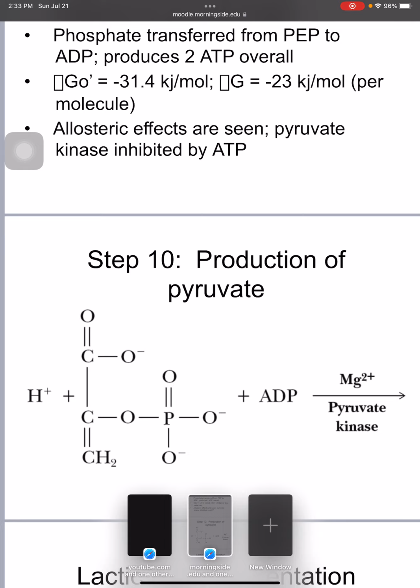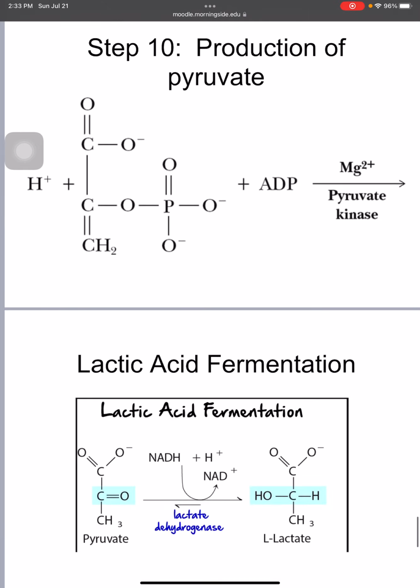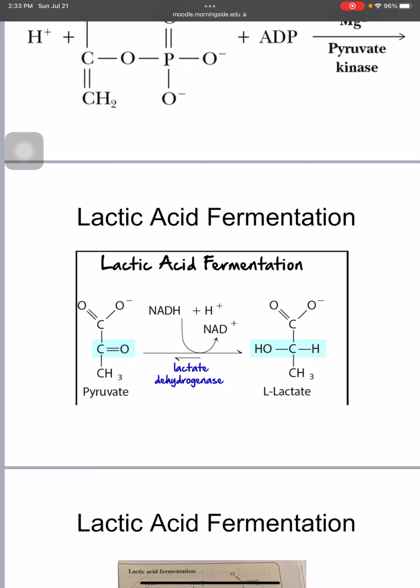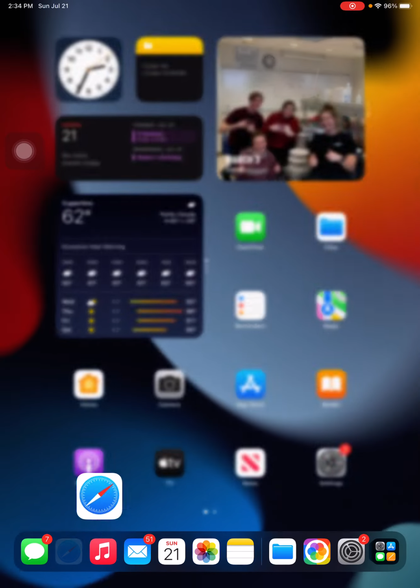However, that's not the only place it can go. Pyruvate can do other things, so I want to talk about those real quick. These are the extra slides I added because I realized they weren't in the original PowerPoint, so I wanted to pop those in real quick. In animals, you can actually get something called lactic acid fermentation, or lactate fermentation, as it's sometimes called, right? So let's say you have some pyruvate. If it enters not into the citric acid cycle, but into lactic acid fermentation,